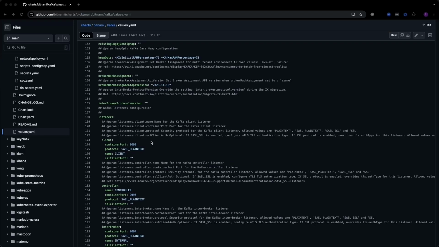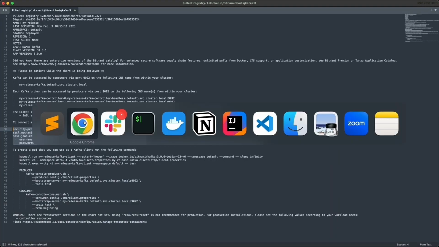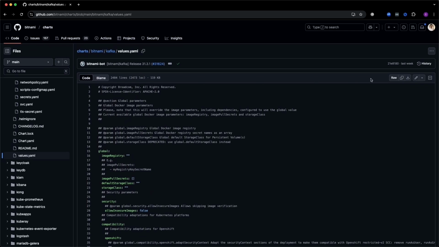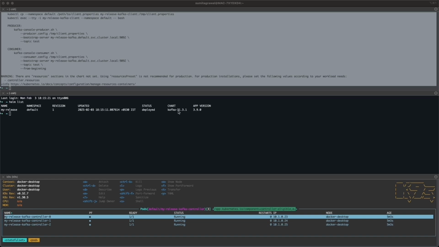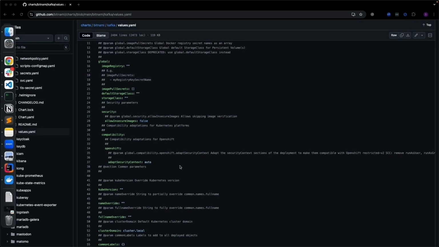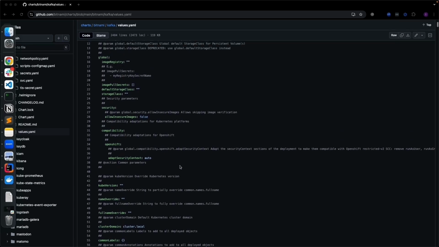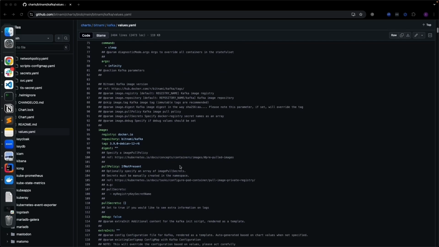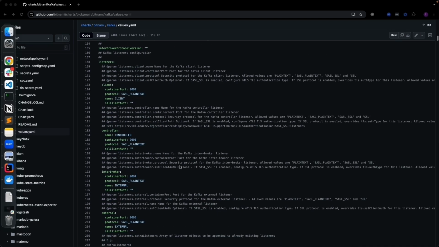Now, the one issue which I have discovered with the current version of this chart, which is 31.3.1, is this. So I was talking about the issue with the current version of the chart. Although on the server side in the configuration, we can see that